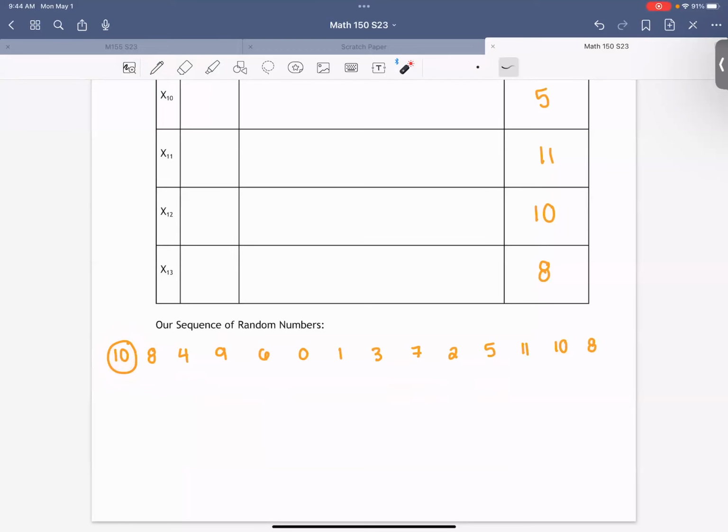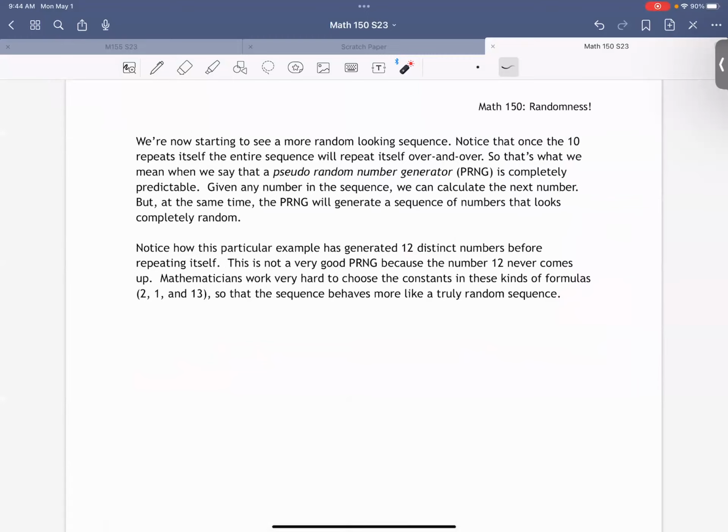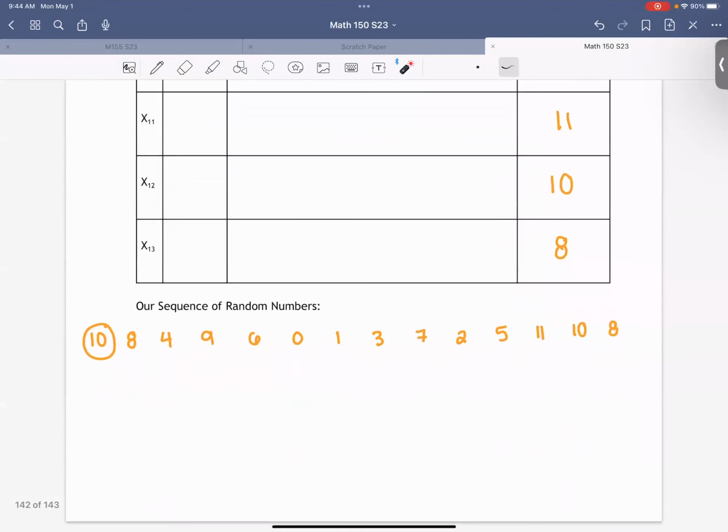I kind of gave you a bad example of a random number generator, but I'm going to be honest, these things get really, really complicated very fast. So I think this kind of gives you an idea of how random number generators are actually created. Usually in examples in statistics classes, we don't actually use random numbers, we use these pseudo random numbers. They're really easy to create. I put something up here if you want to read about it. But yeah, this is how random numbers are created.